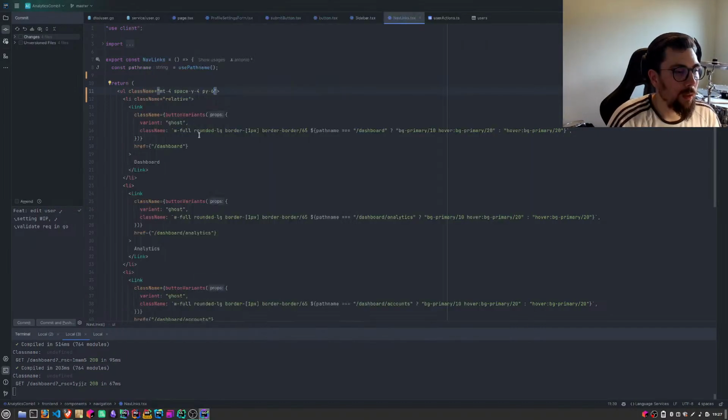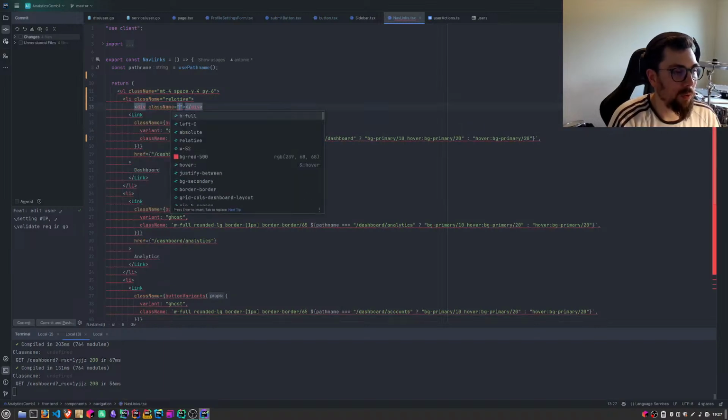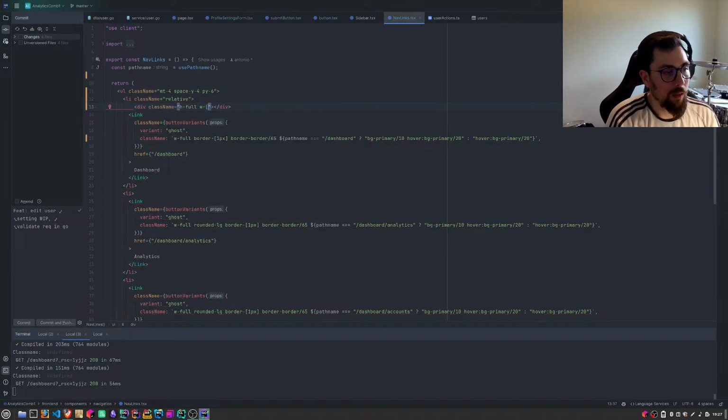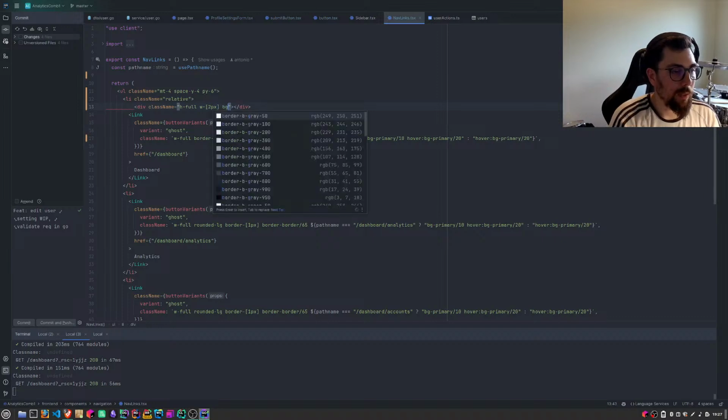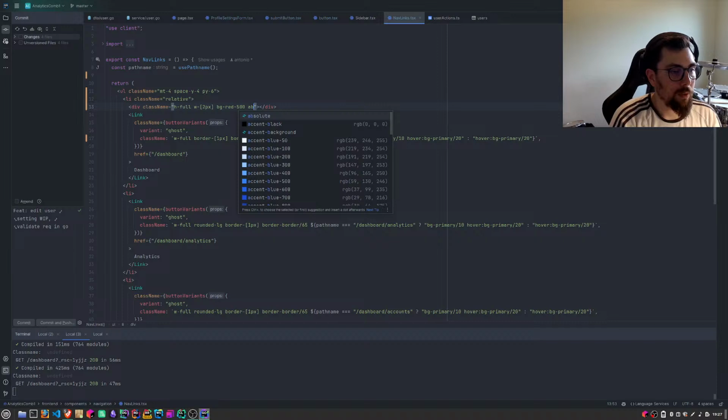Cool. Remove this. Then return this div that I had, and I removed for whatever reason: height full, width 2 pixels, and BG red 500. So for now, absolute and left 0.